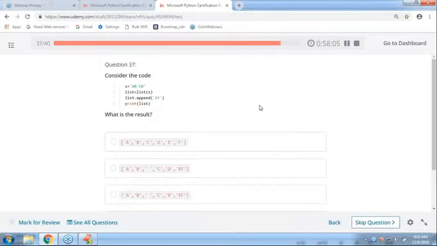Okay, A, B, C, D. Next, this part also we discussed. This part also we discussed, right? List of S, E, F. First A, B, and then space C, D, and then E, F. Next, so just I'm showing how to use this